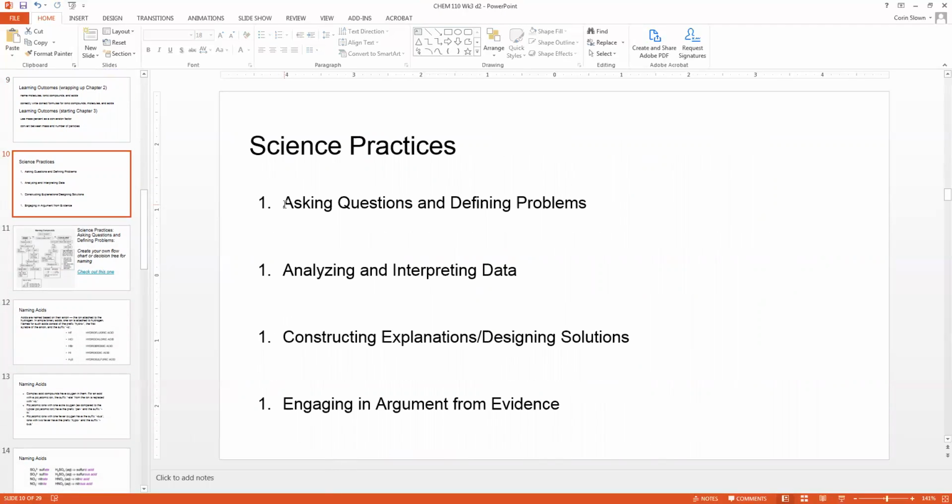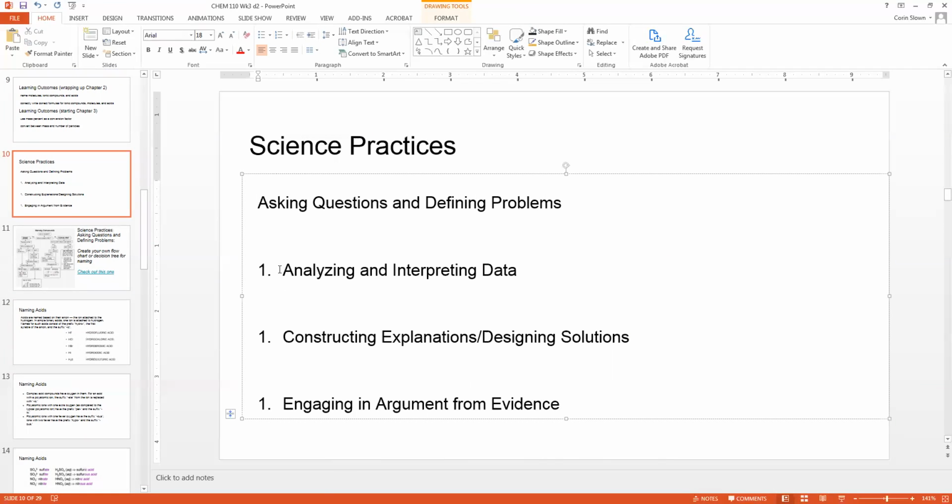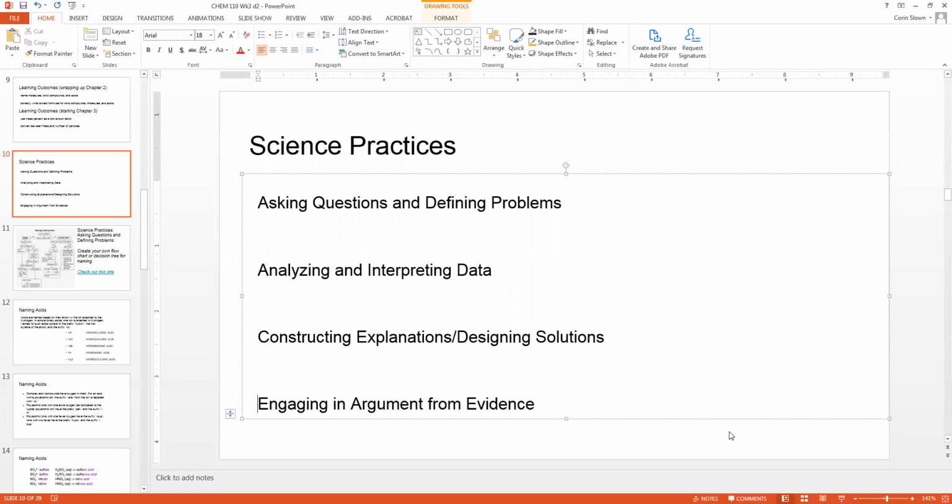The science practices that we're going to use today are asking questions and defining problems, analyzing and interpreting data, constructing explanations and designing solutions, and engaging in argument from evidence. You're going to notice that these 4 science practices come up again and again and again. And our goal is that we become adept or skilled at using these practices, no matter what type of problem